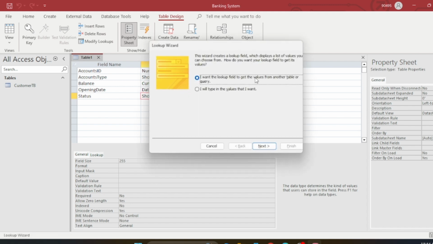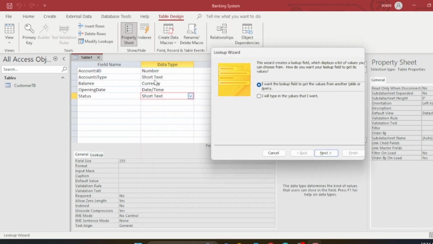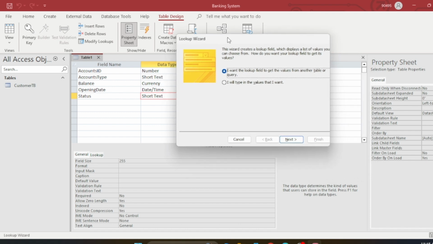Okay, take the lookup wizard, and there is a dialog box at the top, and they ask whether I want the lookup field to get the values from another table or query. So actually this matches the account types field. We can select the lookup wizard for that, because I mentioned that a lot of account types are available within the banking industry. So that is why. But at this level, actually, status has two values,